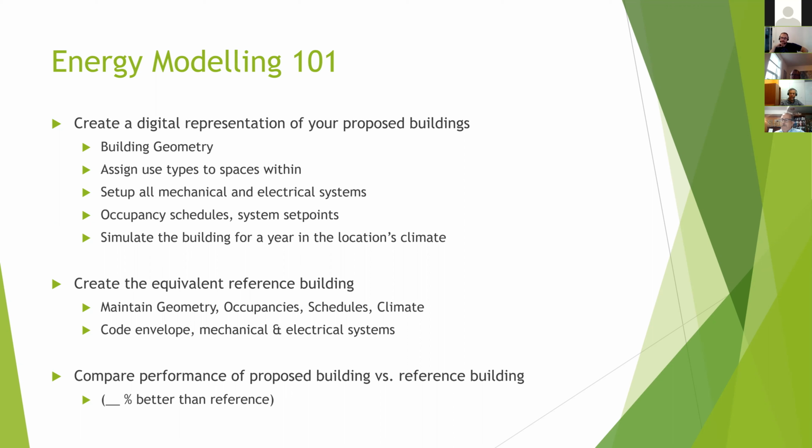So like default plug loads, if you've got an office space, you're going to have a lot of computers and desk lights and that sort of thing, versus a hallway, you're just going to have a little bit of lighting within that space. So default filling in and occupancy schedules as well, how often it's going to be used, how many people are in that space. You set up all the mechanical and electrical systems. So what type of mechanical systems are you going to have in a space? How efficient are they? Hot water heating, air conditioning, ventilation, all of that gets recreated in this digital recreation of